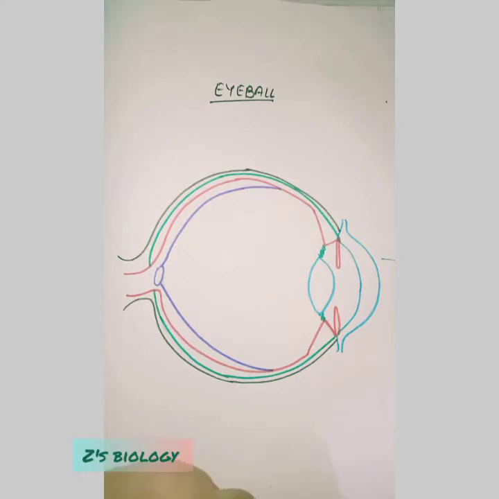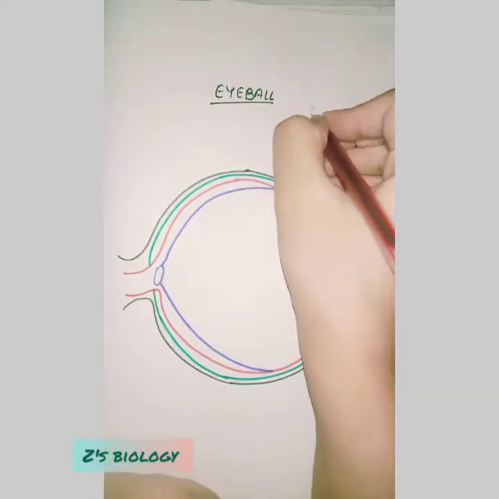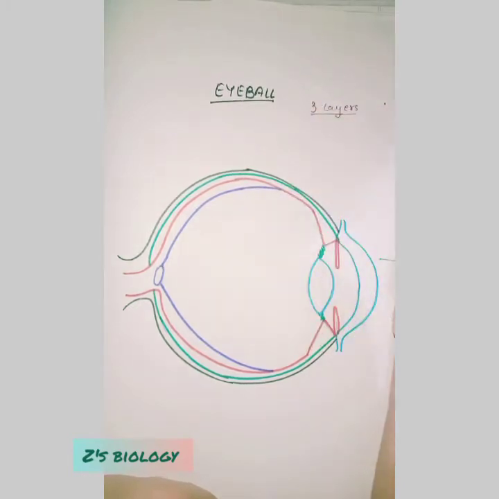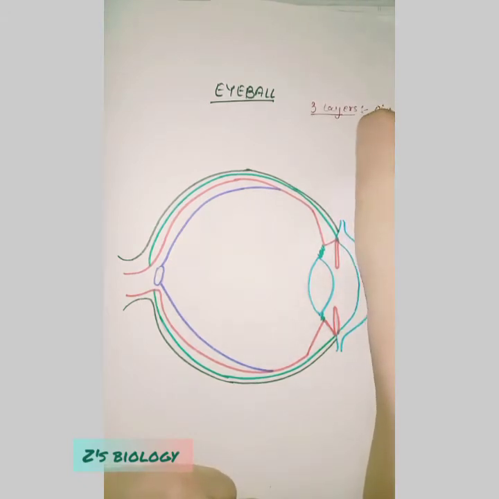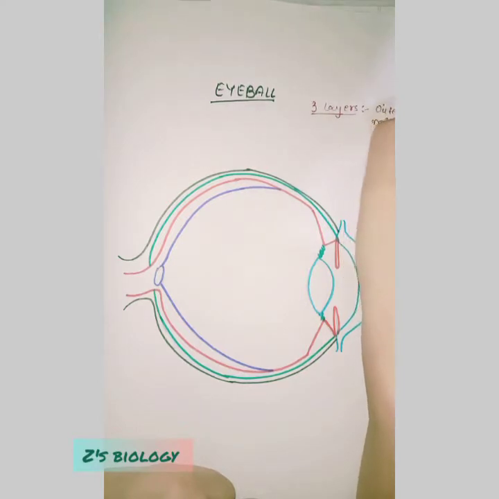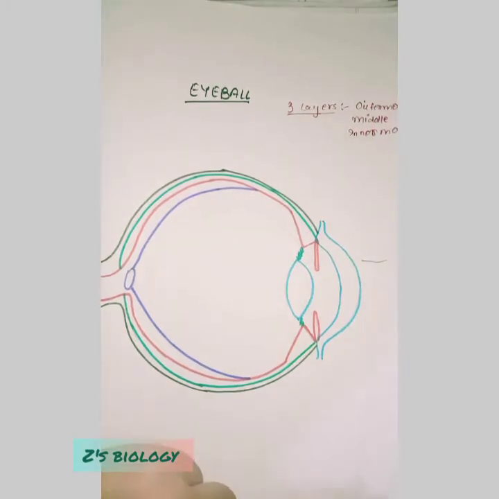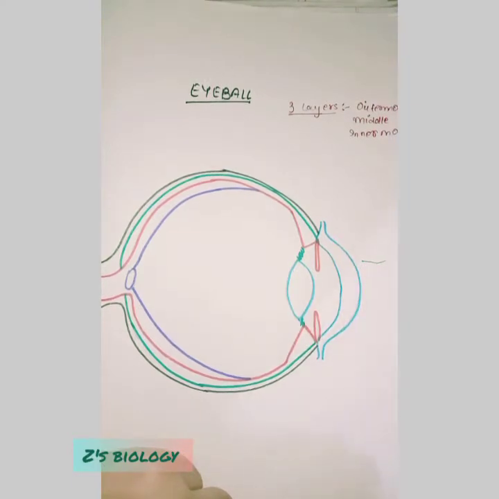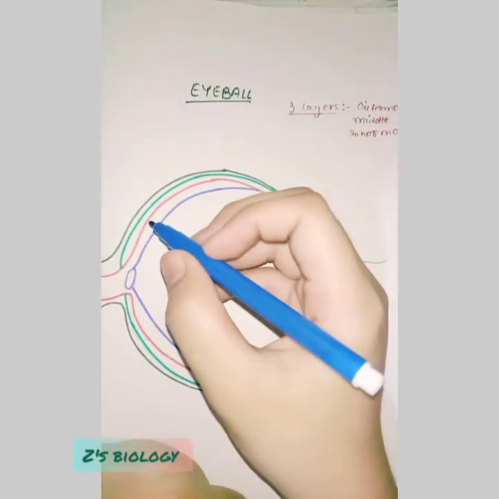First things first, the eyeball is made up of three layers. The very basic structure I'm going to discuss with you guys is the three layers of the eyeball: the outermost layer, the middle layer, and the inner layer. So the outermost layer of the eyeball is made of the sclera and the cornea. The sclera is this one,